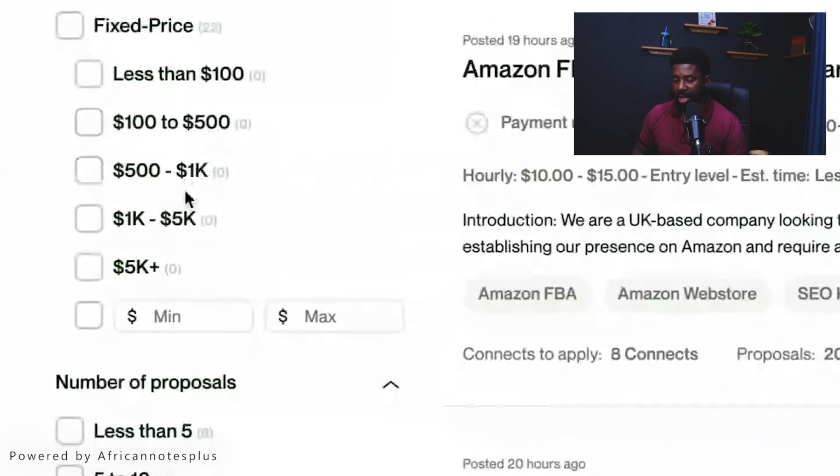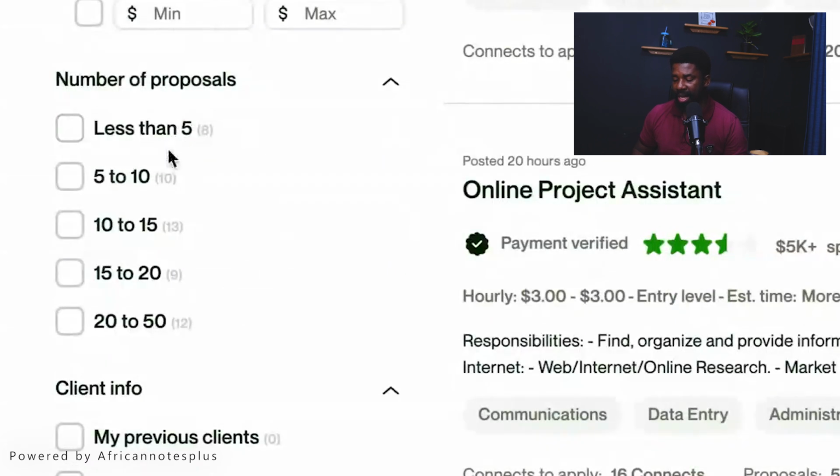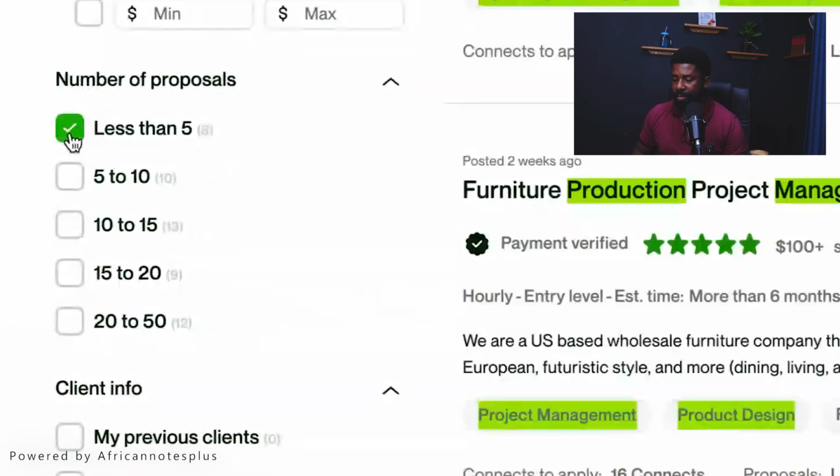This is basically when you select fixed price, then you can select the payment bracket for fixed price. The number of proposals that have been submitted for the job, you can also filter if the job has less than 5 proposals. So this is a fine one wherein that can help you to be on the first page